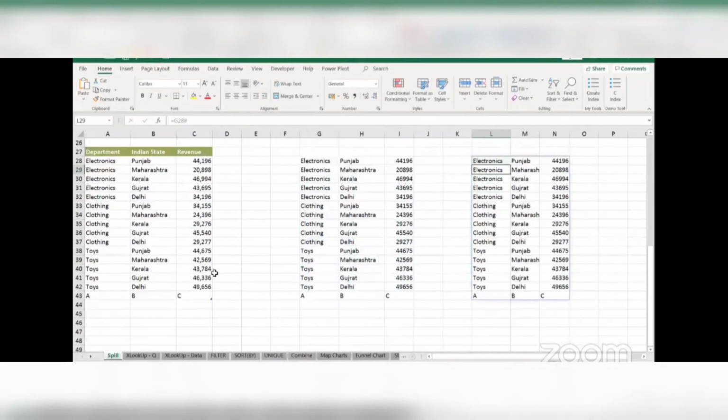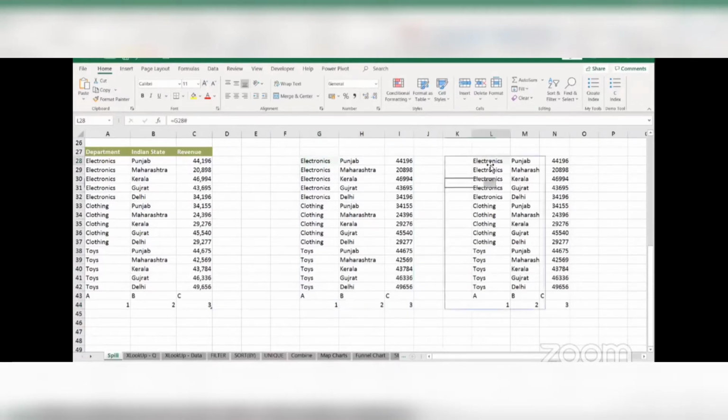I have this here. Now let's say I add another row here. Let's say 1, 2, 3. So I say 1, 2, and 3. Notice how my table expanded to have 1, 2, 3 here. Because we are referring to a table, even my dynamic spilled array had 1, 2, 3 here.